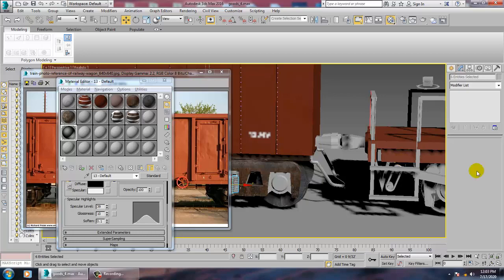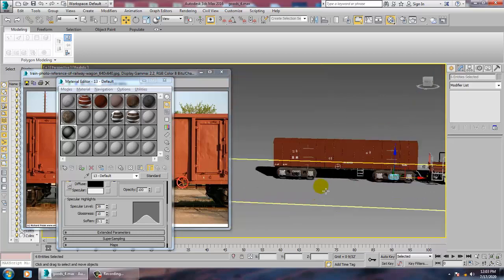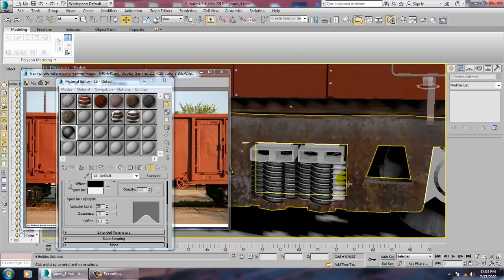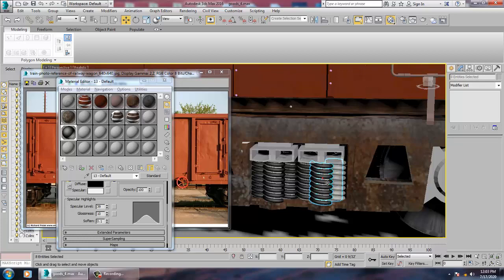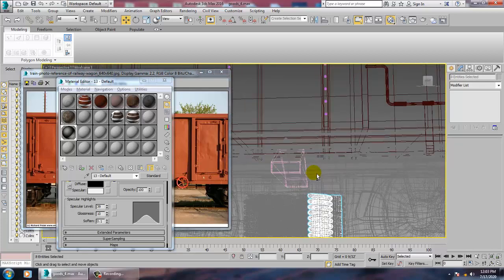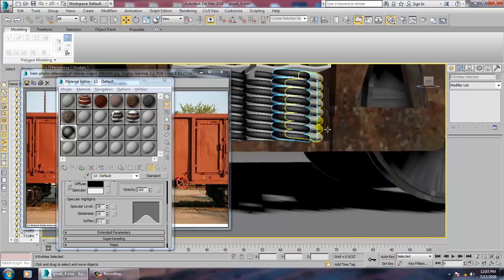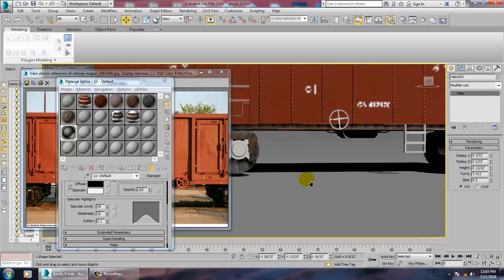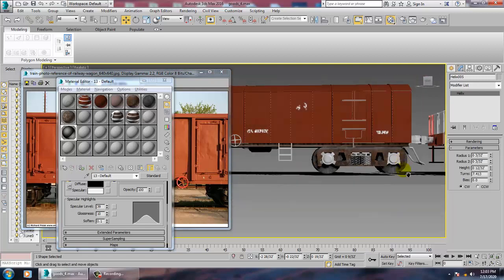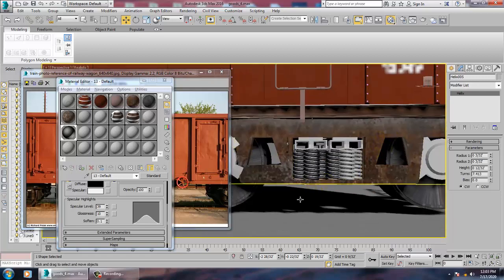So just if anything is left out, so select this all.